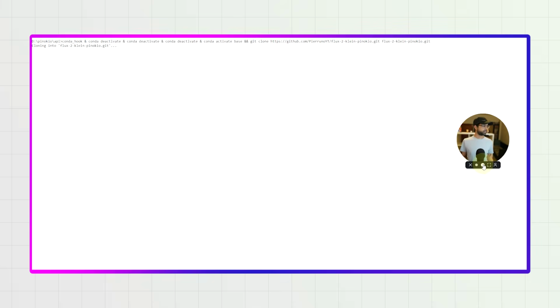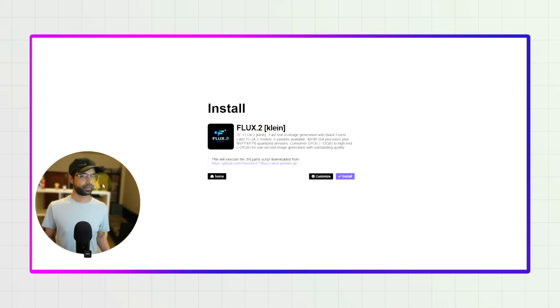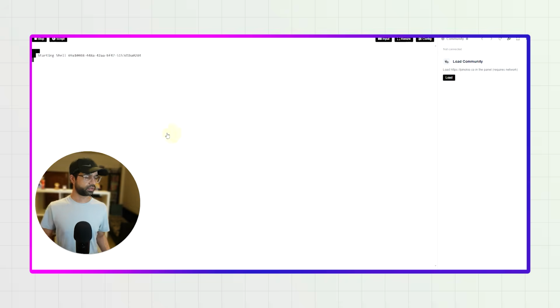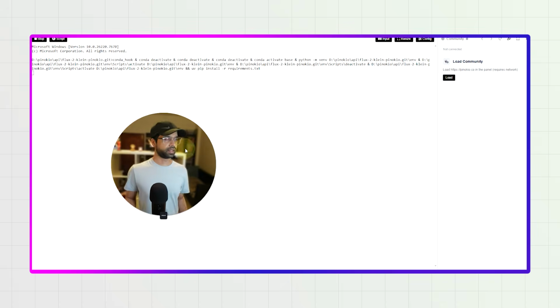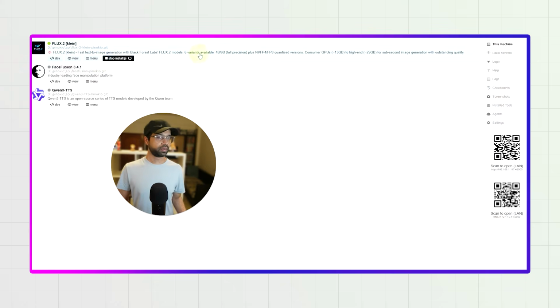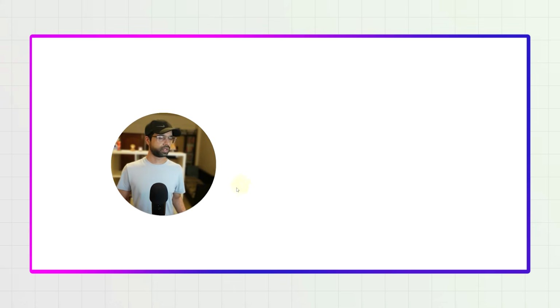Now as you can see, all of these things take time to download, guys. Okay, yes, that looks good. Just give it some time and it'll install all of this, and it should be working. Okay, and yeah, so this is it. This is how you go ahead with the process. Now it's going to take some time, definitely, but the one thing that I want to show you is